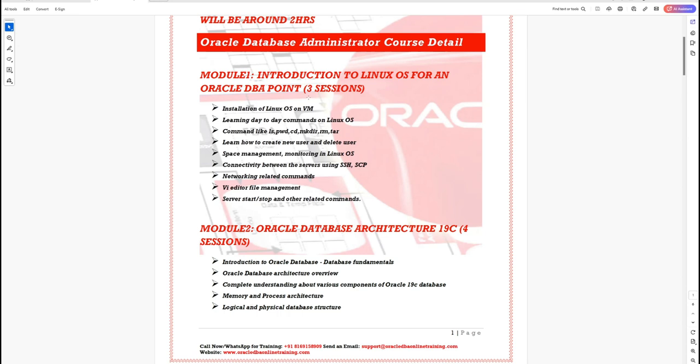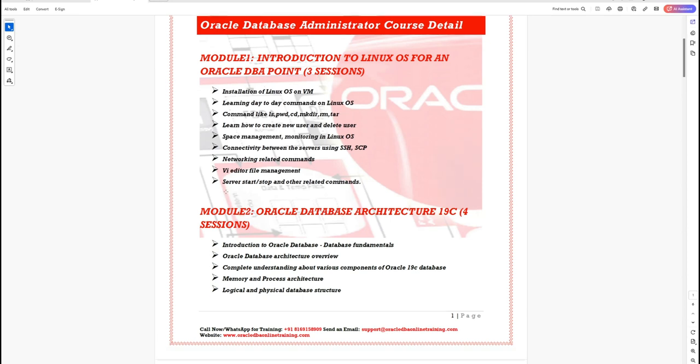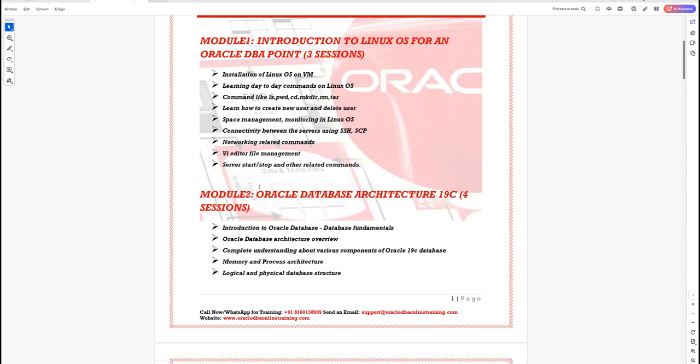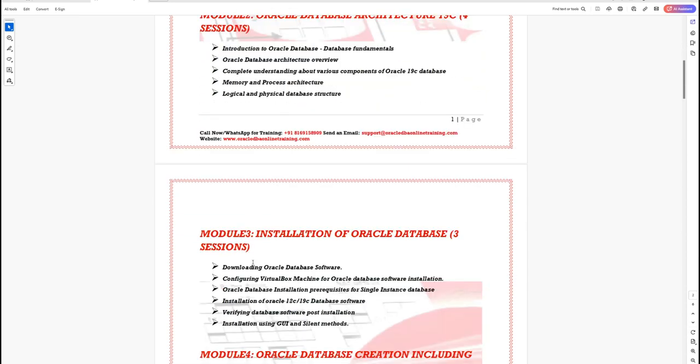If you already have a foundation of Linux, do not worry. This session is going to be very quick, where you will be learning about the Linux operating system. You can say this is just a revision for you. If you are not aware of the commands, definitely it is going to help you. We are going to create virtual environments where you'll be learning all these commands. Along with this,